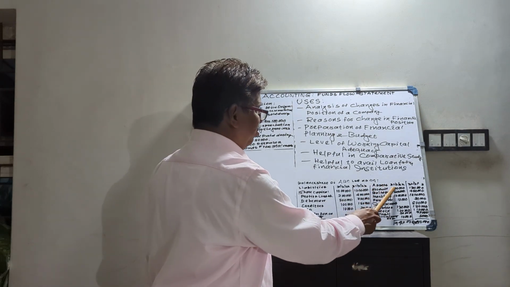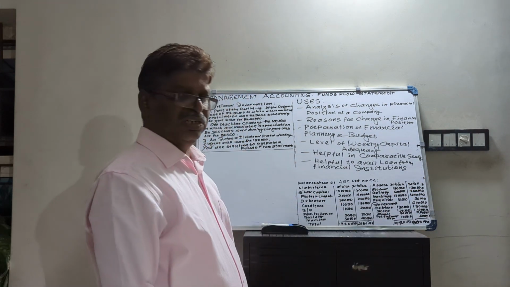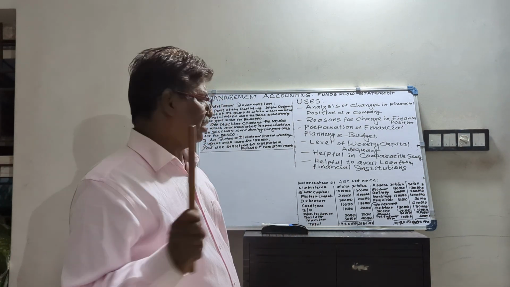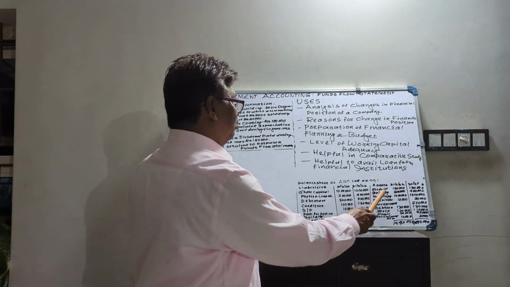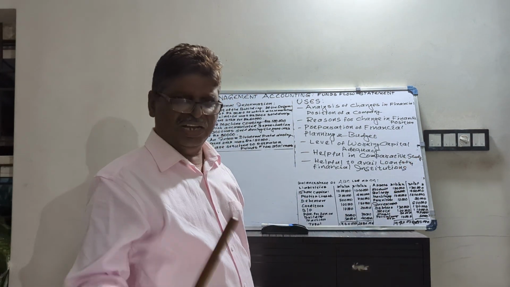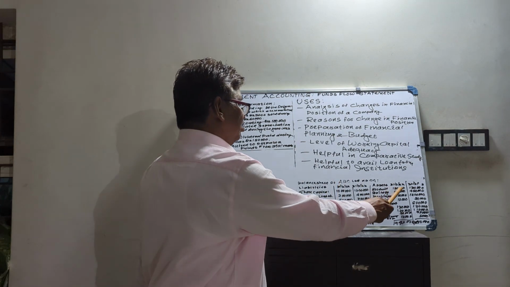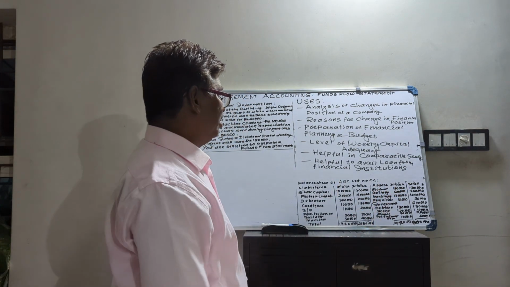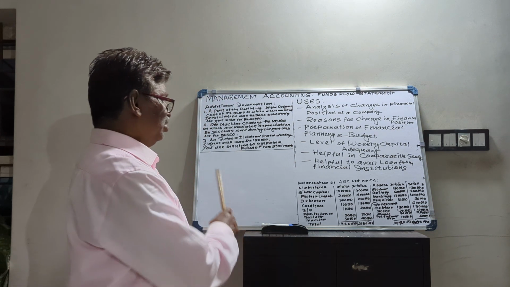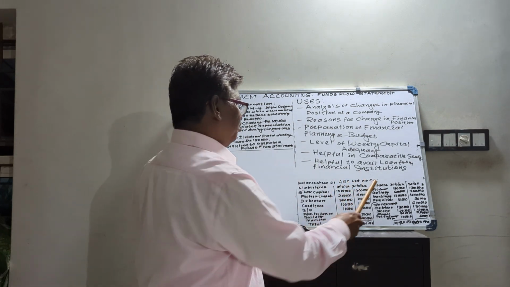In the asset side, goodwill is 1 lakh 50,000. So at the end it is 1 lakh 30,000. Goodwill, you know, is the reputation of any business concern. Here goodwill was 1 lakh 50,000. Now it is 1 lakh 30,000. That means every year we will write off the goodwill. Here we have written off the goodwill to the extent of 20,000. So it will be shown on the adjusted profit and loss account on the debit side as goodwill written off of